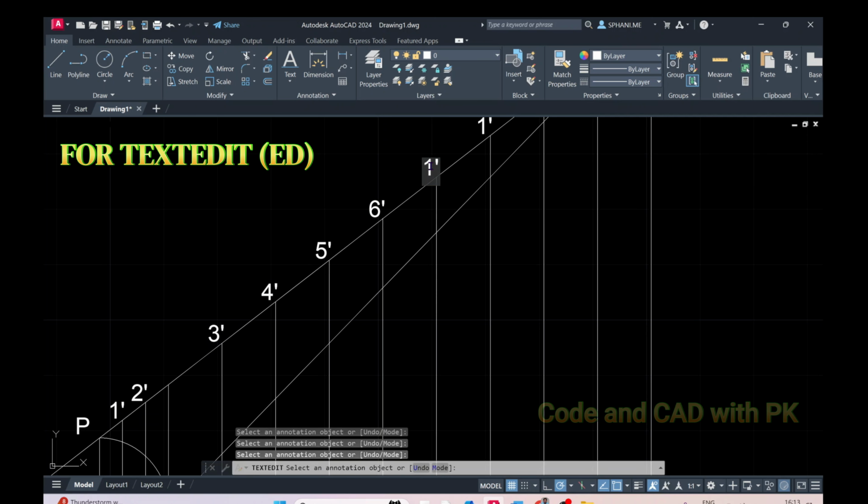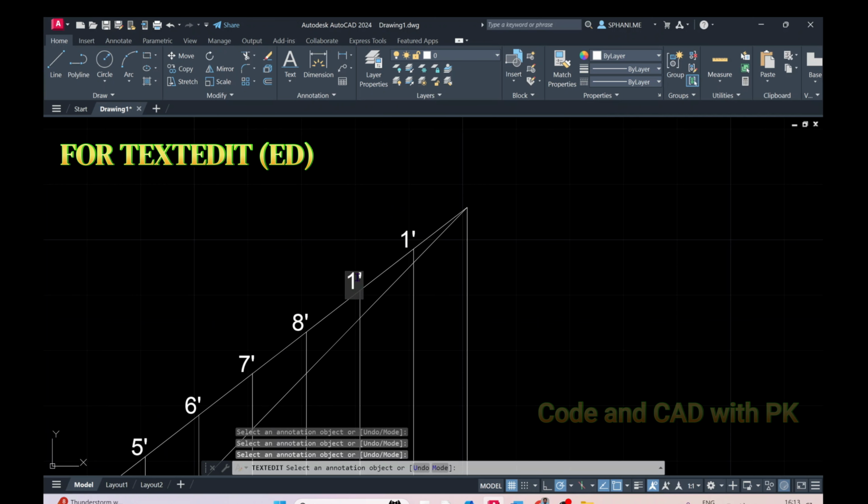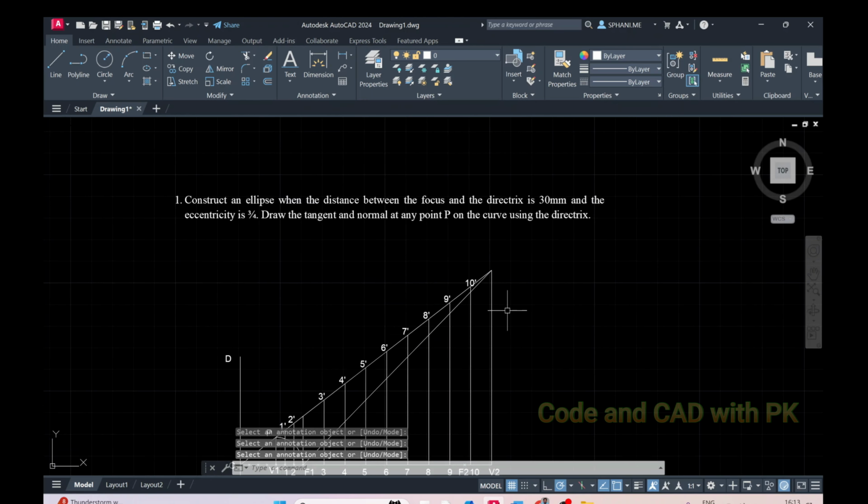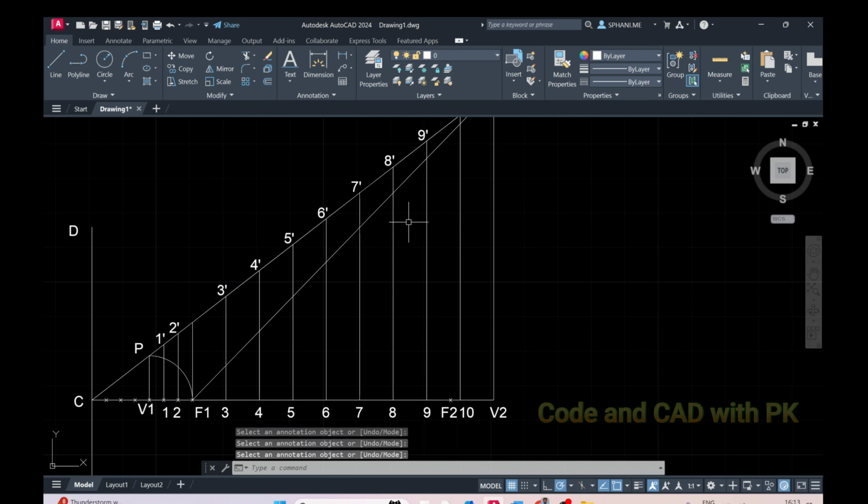This one is 6 dash. This one is 7 dash. This one is 8 dash, and this one is 9 dash, and this one is 10 dash. Is it clear? Next,